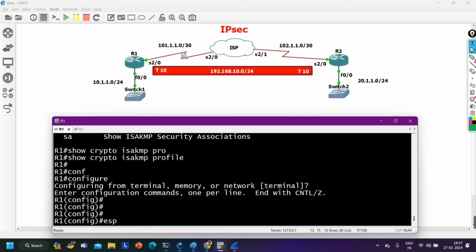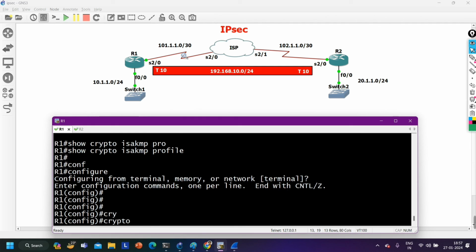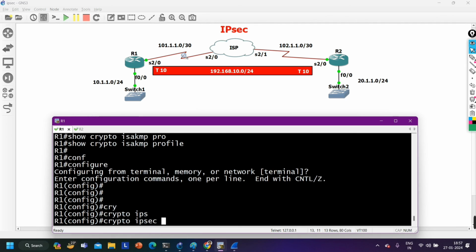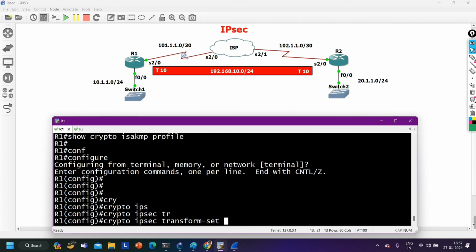To encrypt the data, we have two modes, tunnel mode and transport mode. Which mode are we going to use here? Transport mode, right? So let me run the command crypto IPsec transform-set, and then you have to define the name of your transform set. Let's say the transform set name is PM,